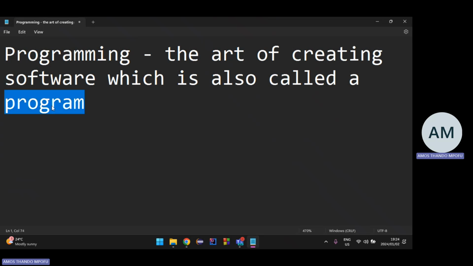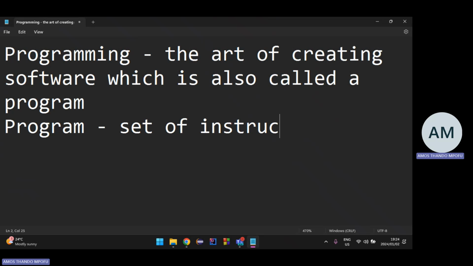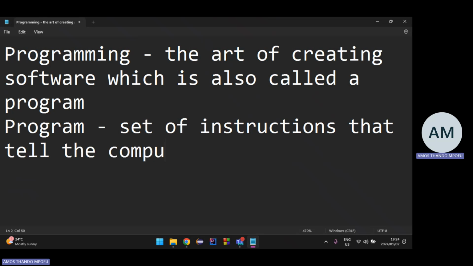So that's where they get the word programming, because we are making programs, right? And now what we need to know is, what is a program? A program is basically a set of instructions that tell the computer what to do, right?